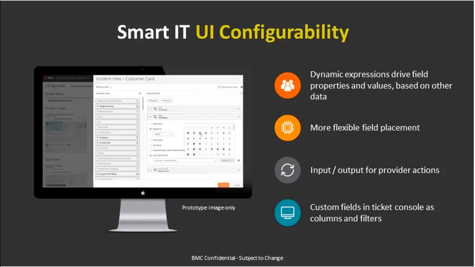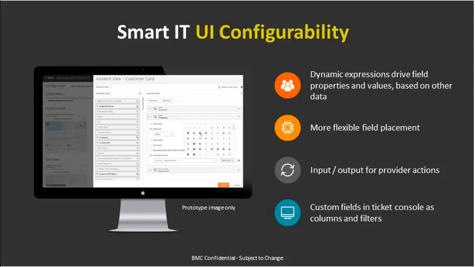Also in this upcoming release, those capabilities around dynamic expressions and field placements are focused around incident and change records, the records that are most commonly used on the Smart IT side, right? So again, it's about these dynamic expressions to change the behavior or the field values. There's much more flexibility around the placement of the fields in the UI. Before, it was only possible to add them into specific sections. Now we have much more flexibility around field placement, including hiding some of the out-of-the-box fields, again, for the supported